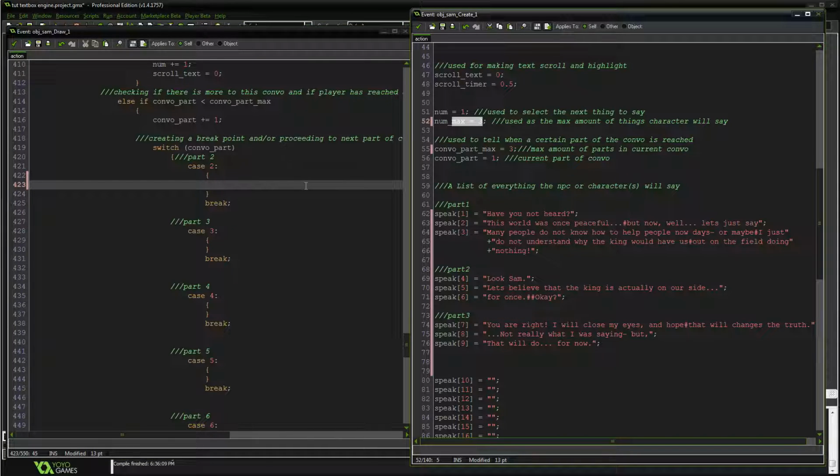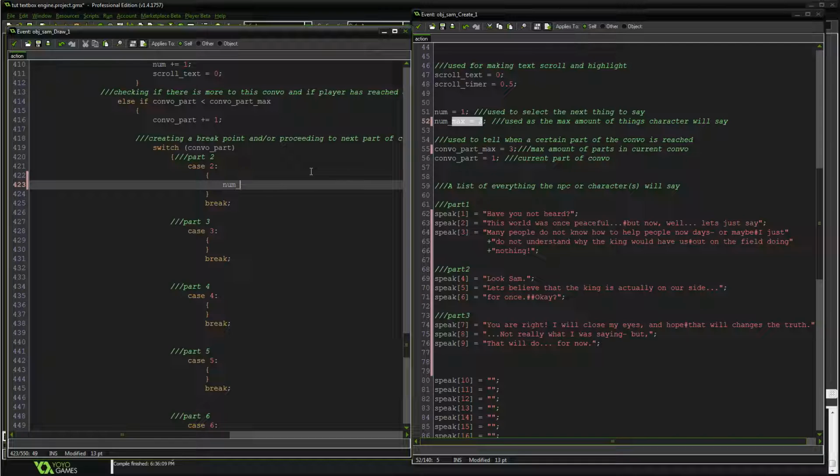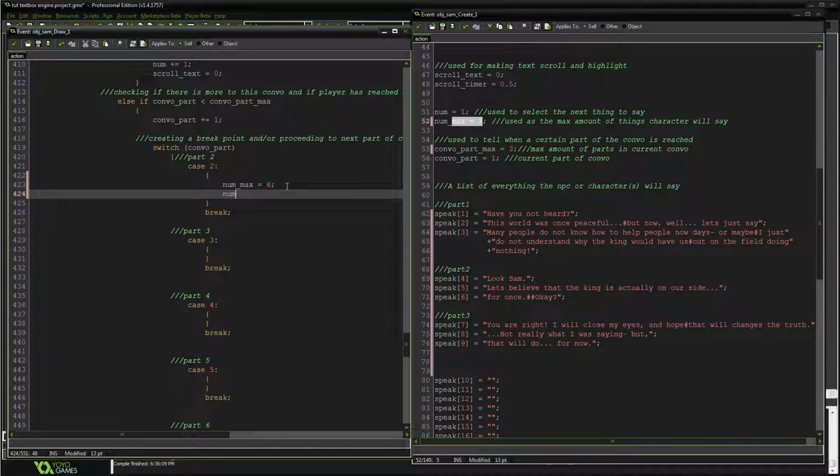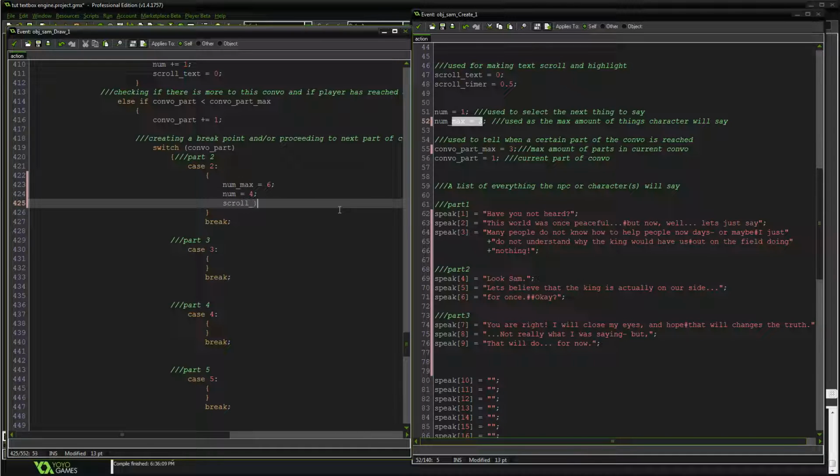We've got to change the num max, and that's going to equal 6. You kind of get what I'm going to, right? Yep, we're in part 2, so we're gonna make it now equal 6. We're gonna start the player on sentence 4. So, yeah, you guessed it, we're gonna change num to 4. Bam, just like that. And then of course we need to start the scrolling text back at 0. So scrolling text is gonna equal 0.